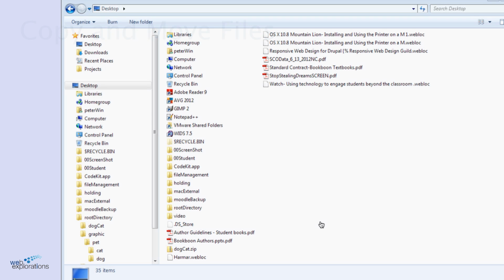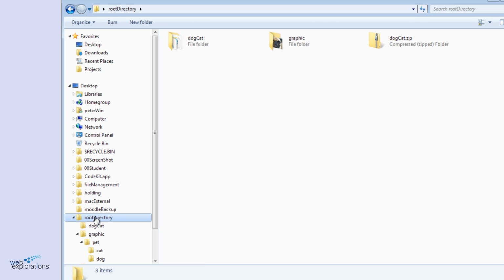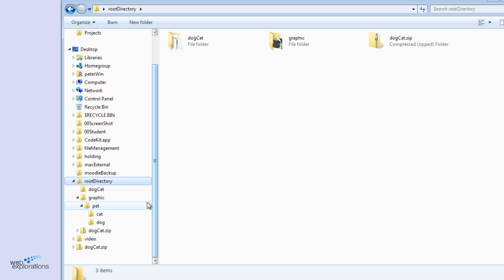This will show you how to move and organize files in your different folders. Let's go into our root directory. This is your main folder, and you should have your zip file. When you unzipped it, this is your uncompressed file. And then we have our file structure that you can see down here where we have